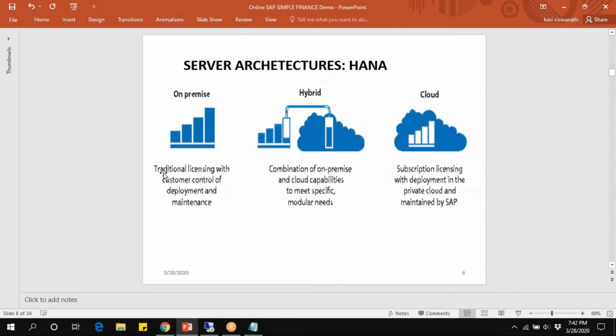So in on-premise edition, traditional license with customer control of deployment and maintenance. I repeat, traditional license with customer control of deployment and maintenance. Later, they changed it to cloud edition: subscription license with deployment in the private cloud and maintained by SAP. In ECC, we have two channels, business partner and channel partner.